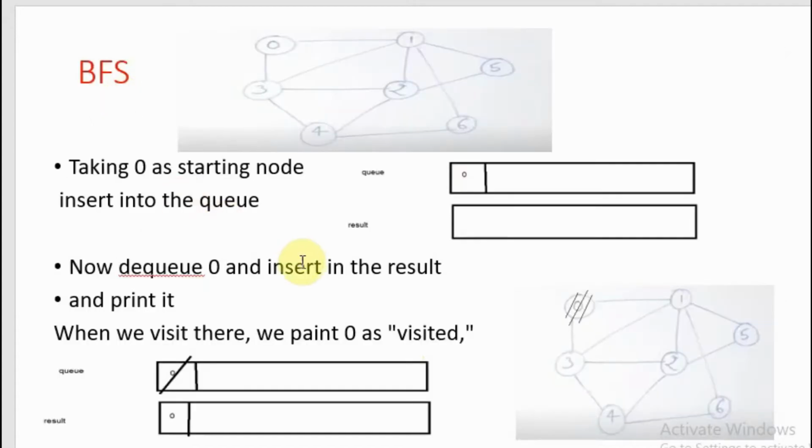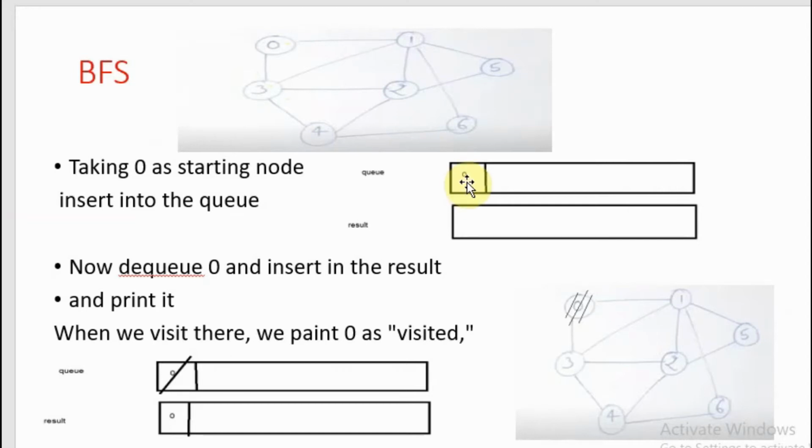So we are going to do a BFS problem. Here I've given you a graph. It has vertices 0, 1, 2, 3, 4, 5 and 6. According to the algorithm, first you have to set all nodes as unvisited in the graph. Next, you must select a starting node. You can call it our source node. This is a graph which is given to you and you can take any of the vertices as a source node. Okay. So here I'm going to take 0 as the starting node.